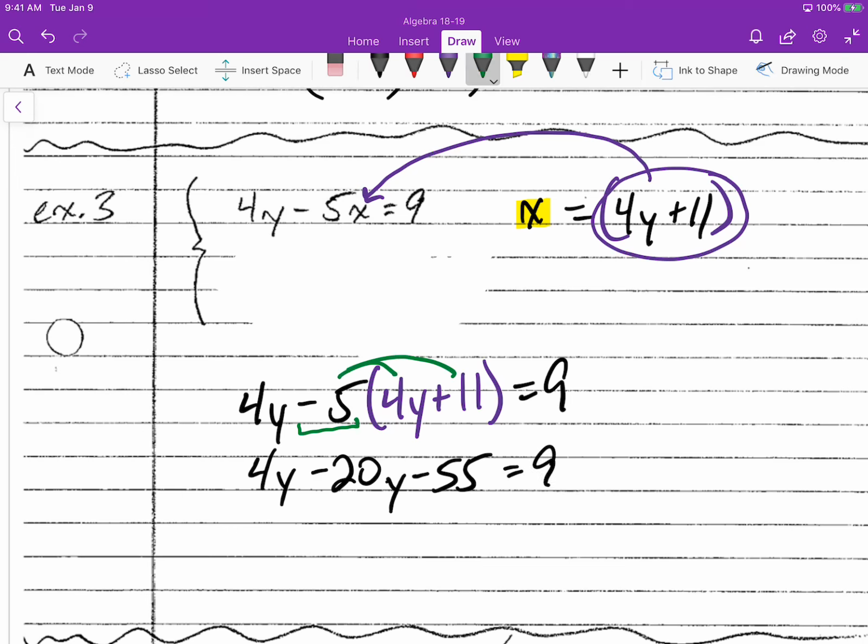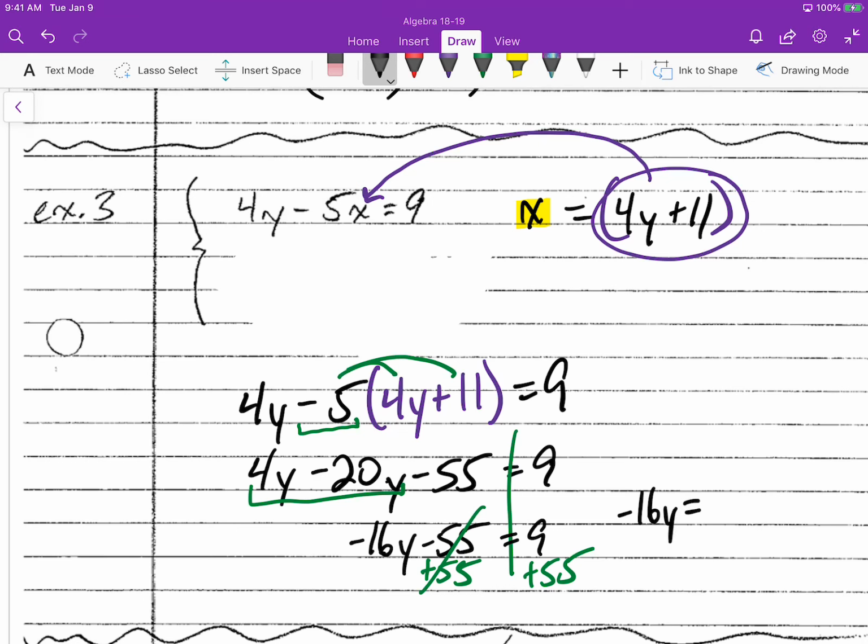All right, I notice I got some y's on the same side here, so I'm going to combine like terms. 4y, take away 20y, that would be negative 16y minus 55 equals 9. I'm going to add that 55 to the other side. Cross that out, and that would leave me with negative 16y equals